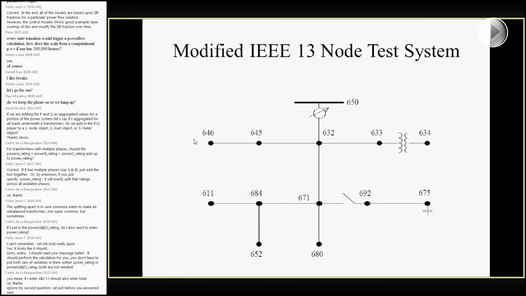So if we look at the IEEE 13-node system again, if we want to look at a time series simulation of it, you can basically specify either this capacitor to follow a specific voltage and then put in a player or a scheduled transform or anything like that that will adjust the voltage or the load on the system. Or you can actually go in and populate this feeder with houses, which is what we did here, and then let the house behavior determine how the voltage is varying on the system and look at